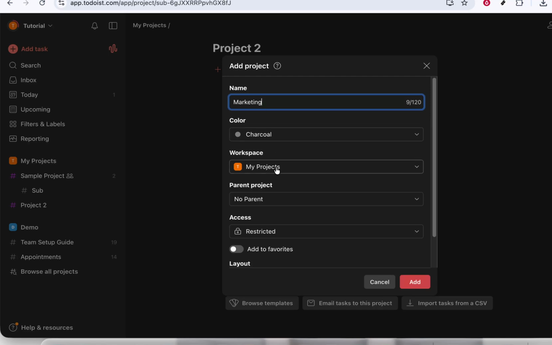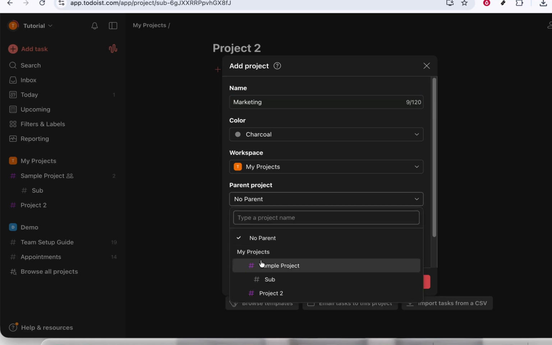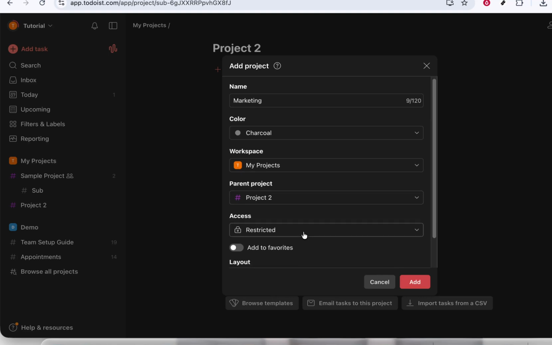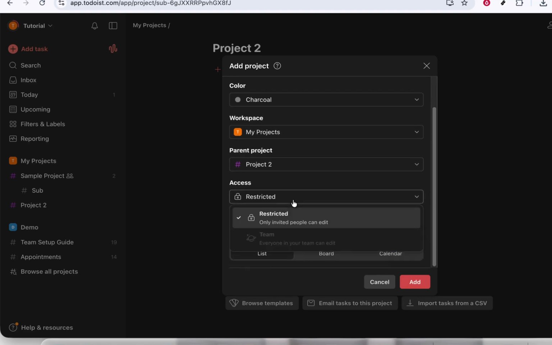Now that you've named your project, you need to tell Todoist which project it should live under. Look for the option labeled Parent Project. Click on that. A list of your existing projects will appear. These are all potential parent projects. From that list, select the project that you want this new subproject to belong to. When you click it, you're essentially nesting this new project under the one you chose, so it appears as a